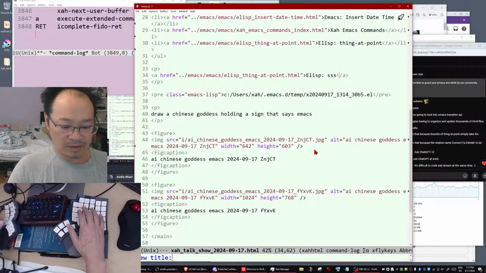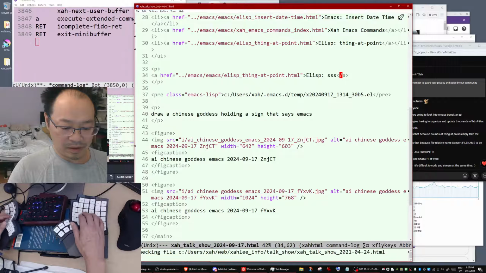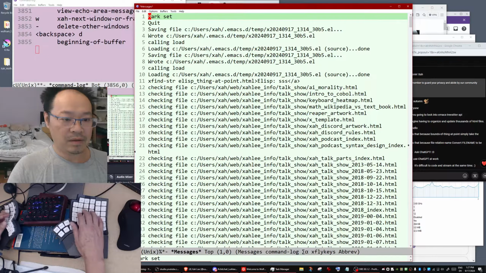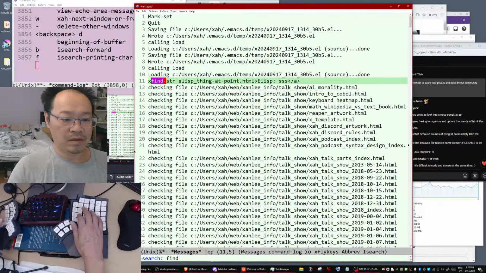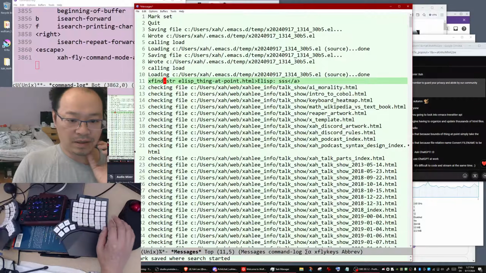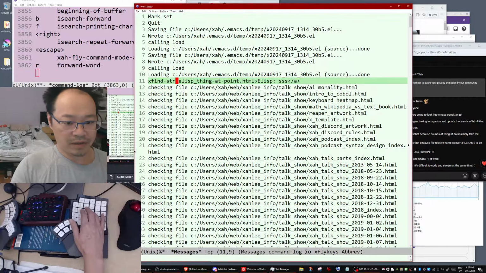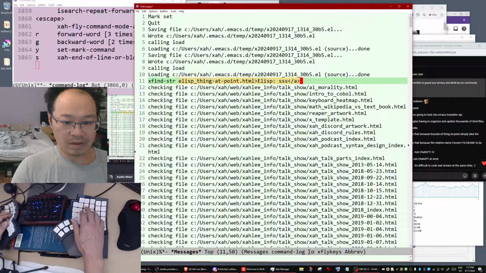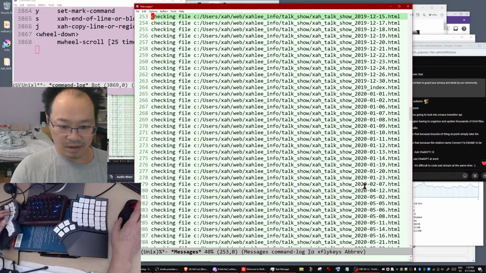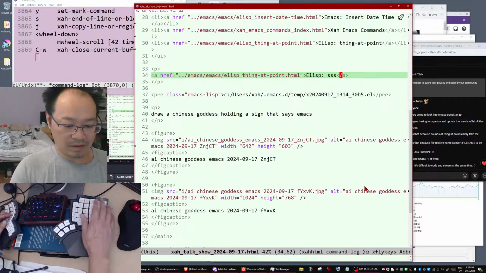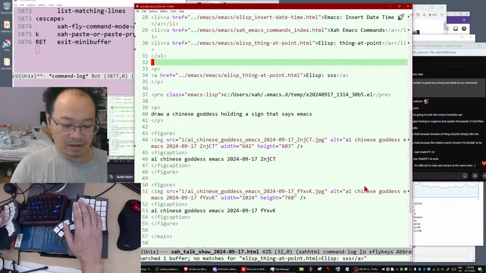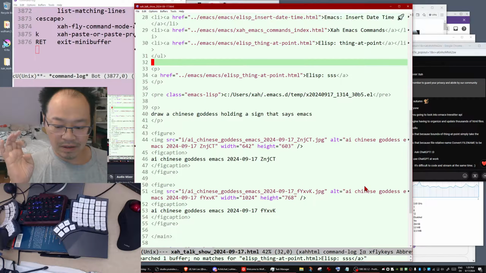Call it, do it, show, go here, okay, but apparently the find string is correct, but it seems to never actually find that string in all these files. Okay, now can we list matching lines? Okay, that's incorrect.